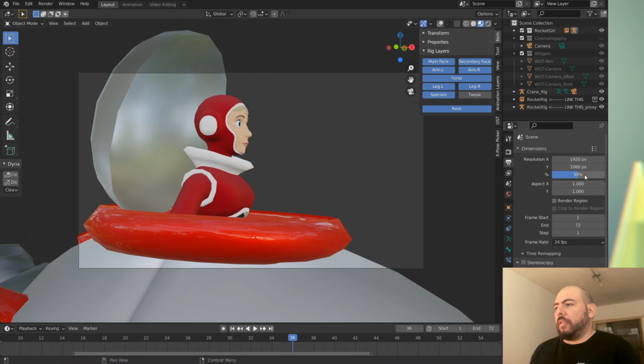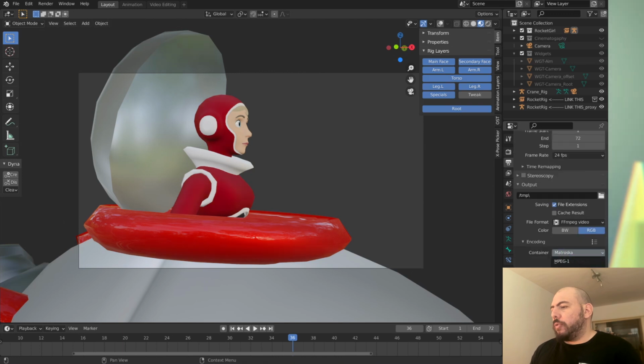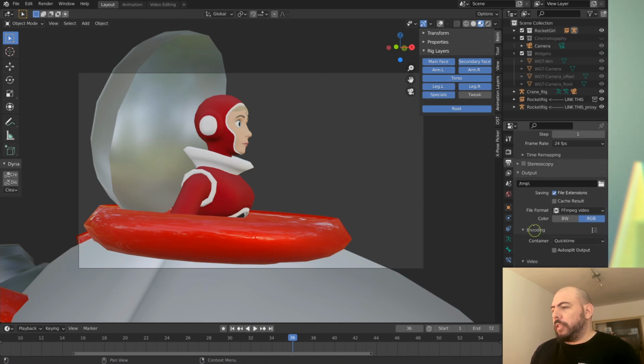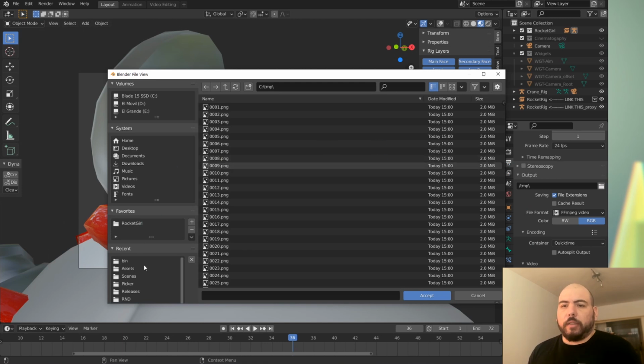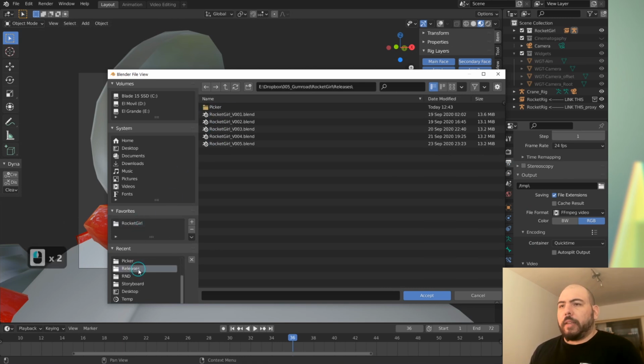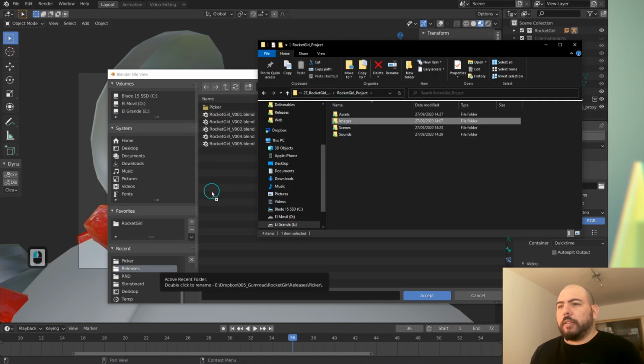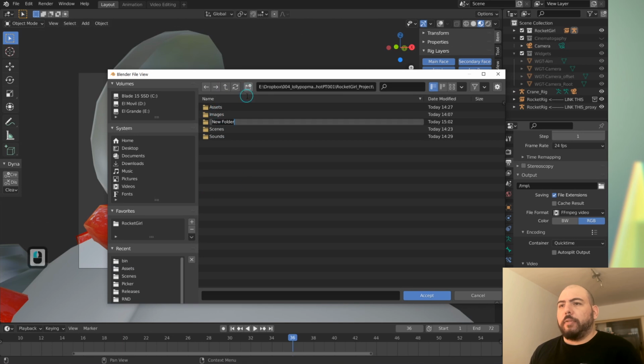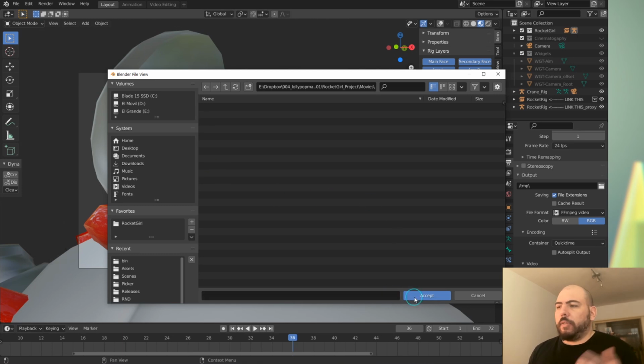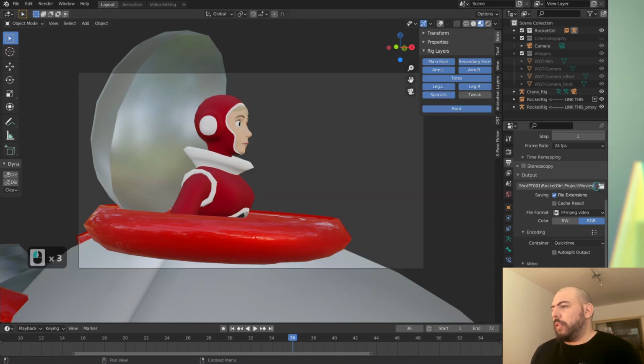It's 1080p, so with just 50%, it would be nice for a preview. And I'm going to change to my FFmpeg and choose QuickTime, default quality, which is okay for what we're doing, which is basically reviewing our animation. And we can just go back to our folder, and we had this folder images here. In fact, we can create a new folder, movies, and then put the playblasts there, and then if we do renders, they go into images. So we're gonna call this RG for Rocket Girl 001.mov.